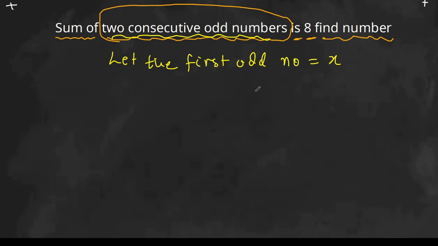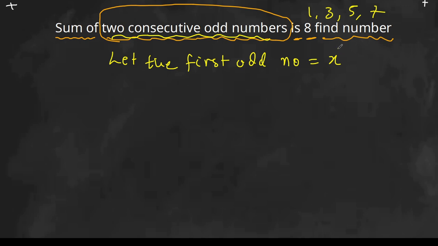And since we know the property of the odd number, the property of odd number means the difference between the two consecutive odd numbers. We definitely understood this in our previous section. The difference between the two odd numbers is always 2. तो 1 और 3 के बीच में जो गैप है वो 2 है. 3 and 5 the gap is 2. 5 and 7 the gap is again 2.